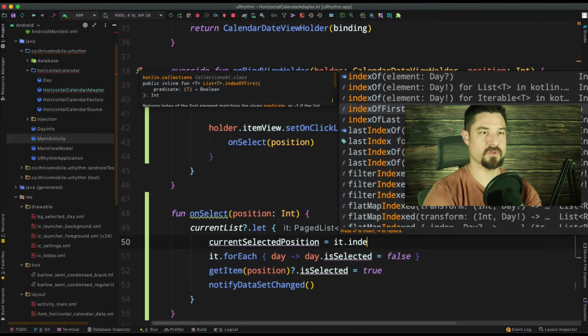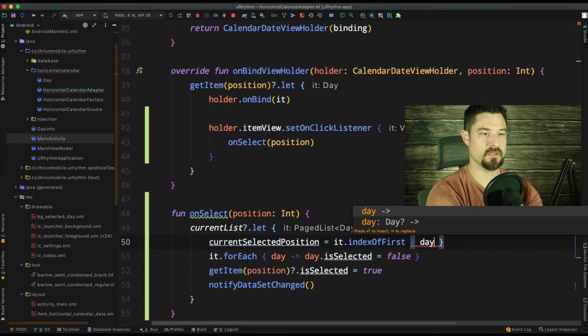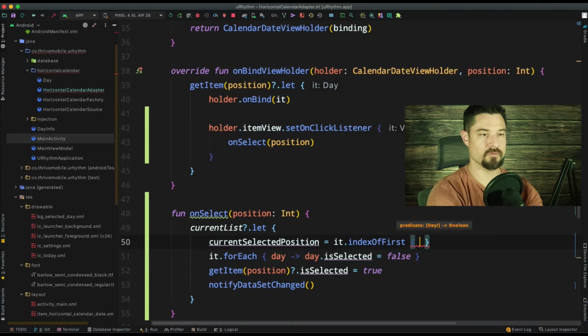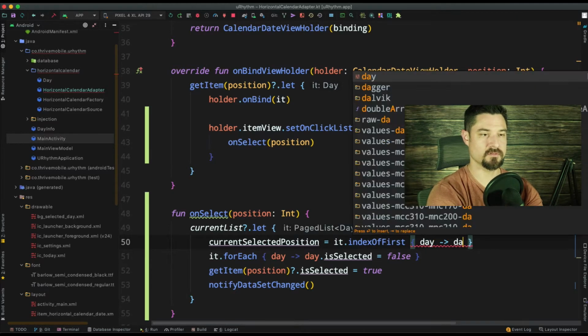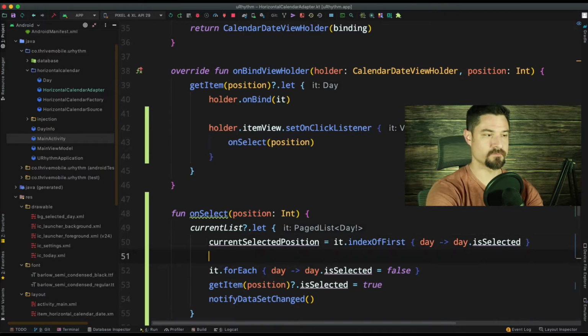Find index of first, where the day is selected. That's going to give us the very first position of the day that is currently selected. And then we'll say, all right,